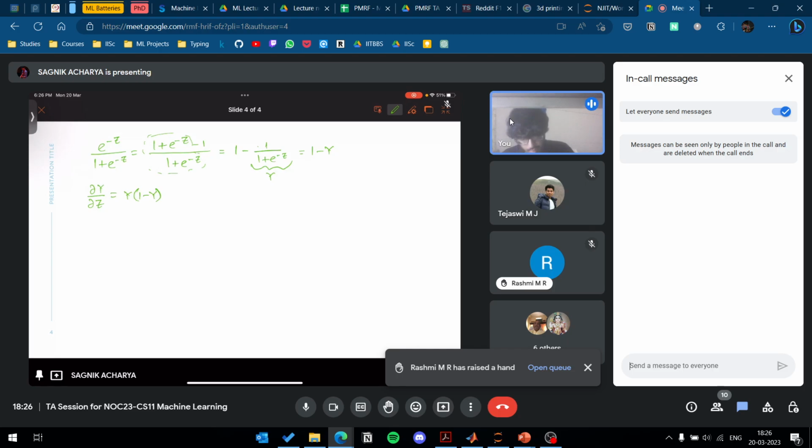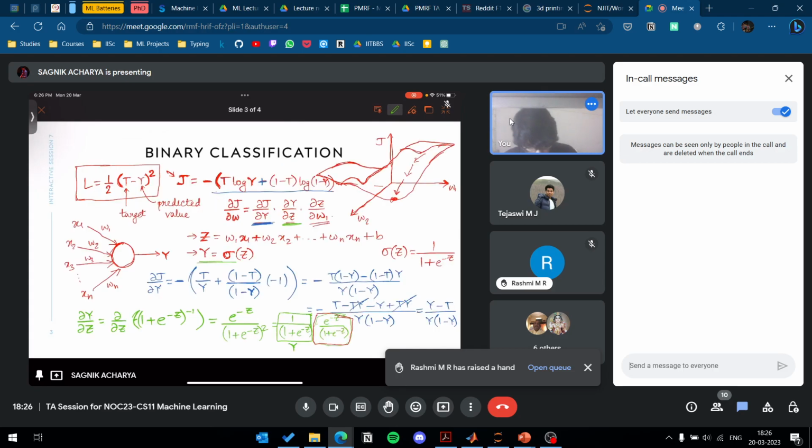Okay, and finally for the last term, I told you del z by del w, so this is equal to del w, j, let's say, I won't put j, I'll put k. So this is equal to the corresponding x, right? So now I have all of these three terms, right? So I can write